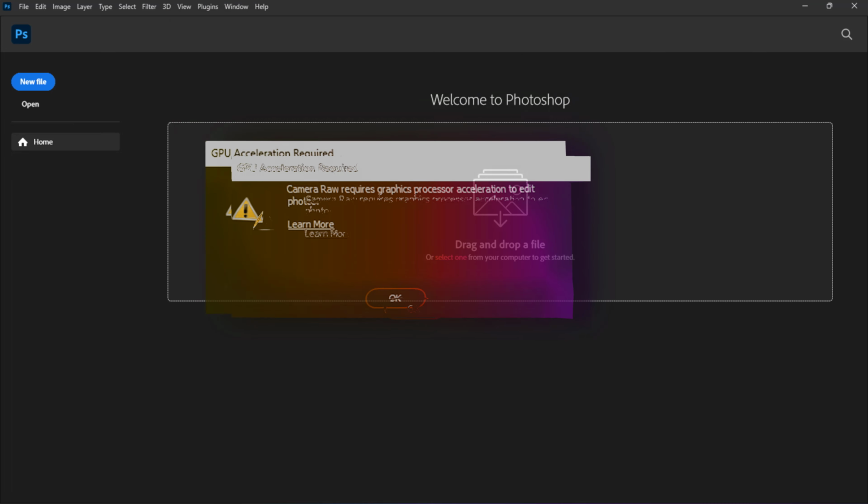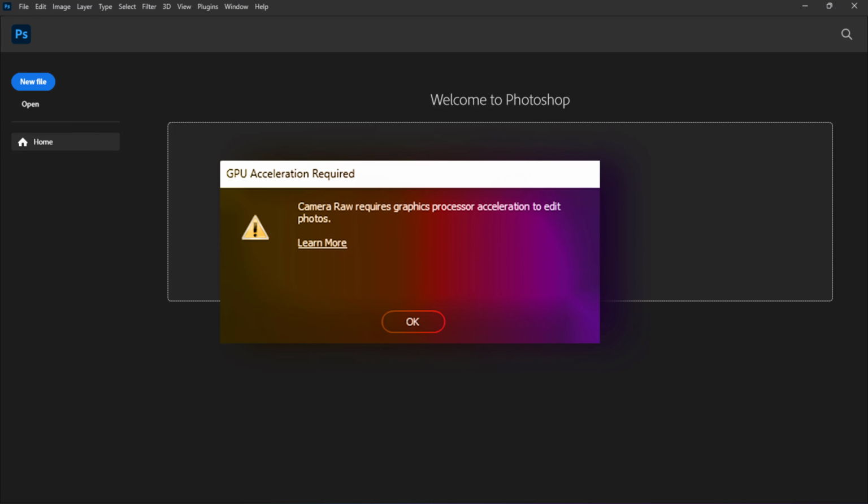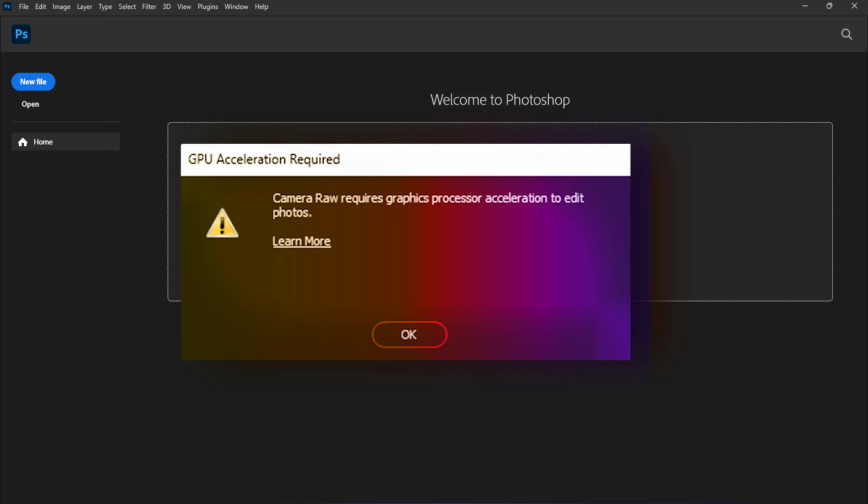In this video, I will show you how to resolve GPU acceleration error, which pops up while opening Camera Raw